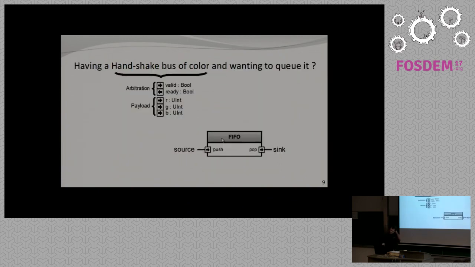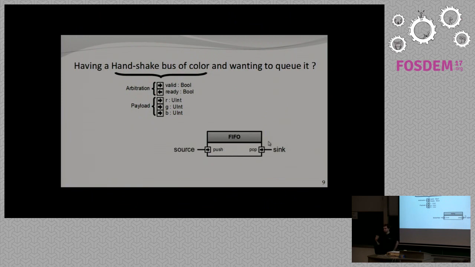So imagine you want to have a handshake bus of color. By handshake bus of color, I mean a stream of data which carries colors, with a valid and a ready flag as arbitration and a payload as an RGB data structure. And okay, you have a source handshake bus of color. You want to queue it inside a FIFO, and then you want to connect it to the sink handshake bus